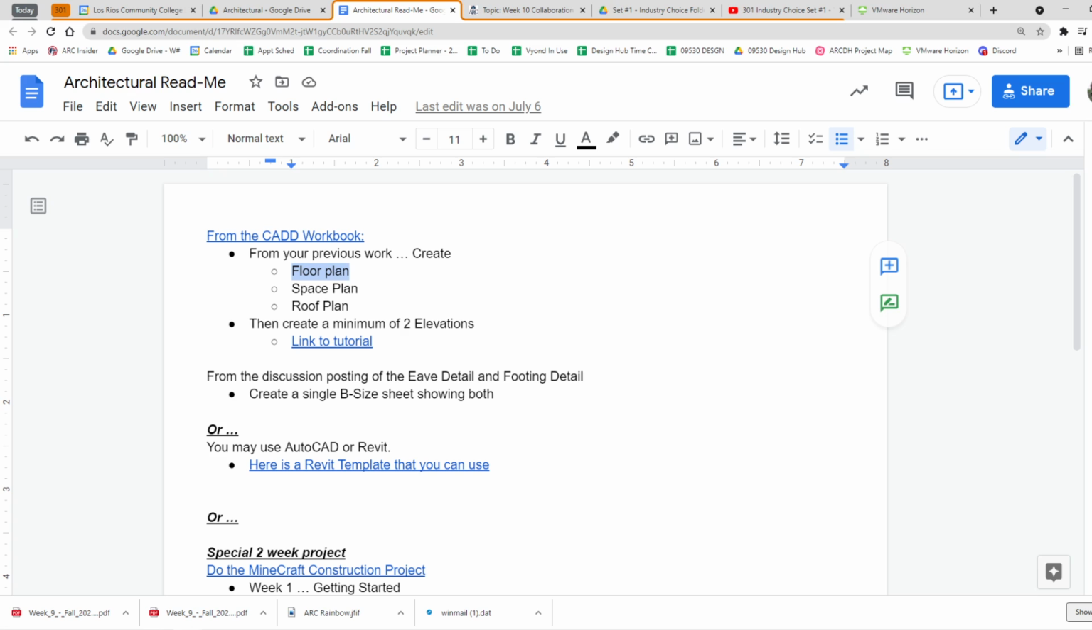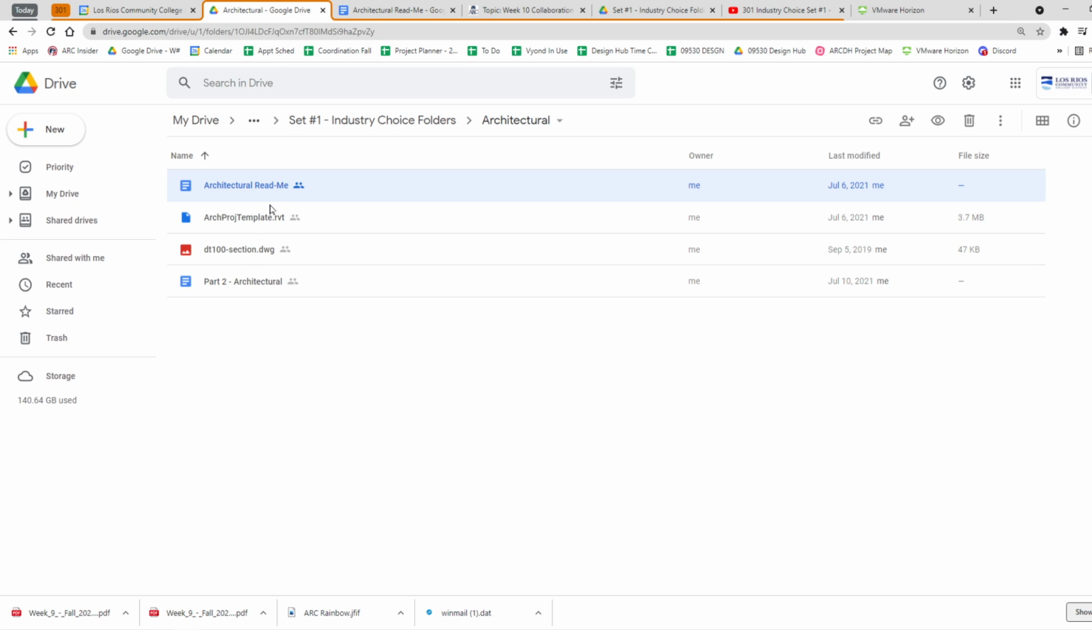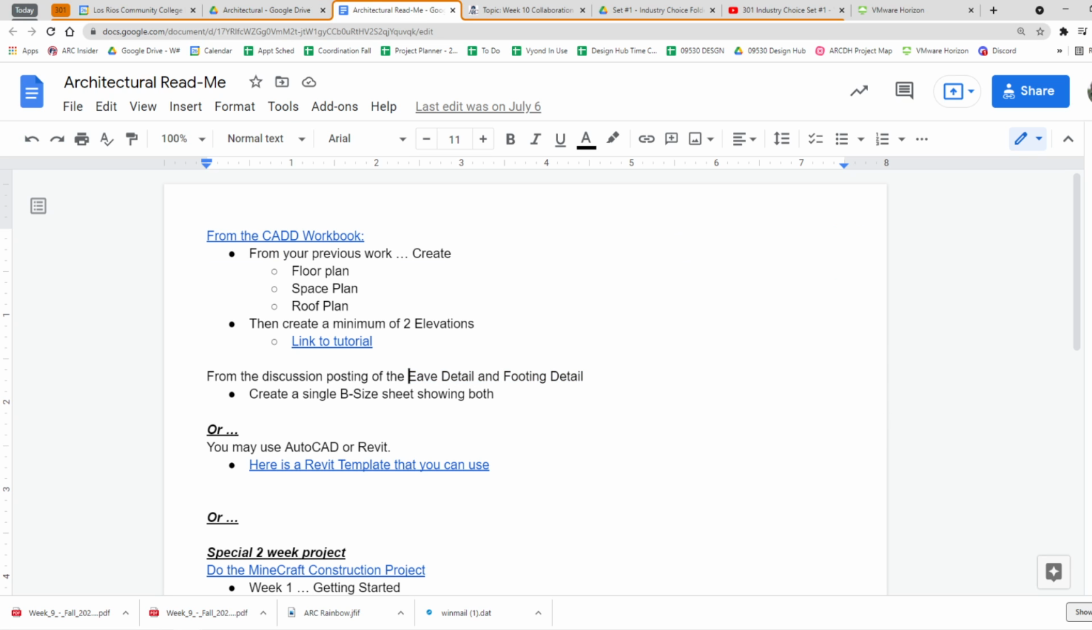Okay? And I need to give you these two. No, I think they're in here. No, I need to give you those two. They weren't in the discussion, I don't think. I think I put them in there, but it's not clear. So I'll give you these discussions, create a B-size drawing showing both of those drawings. So you can do that, or